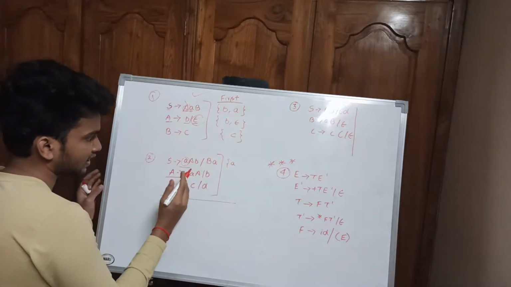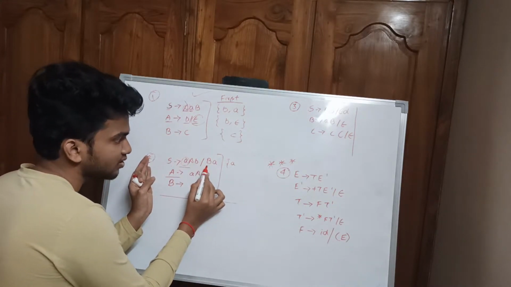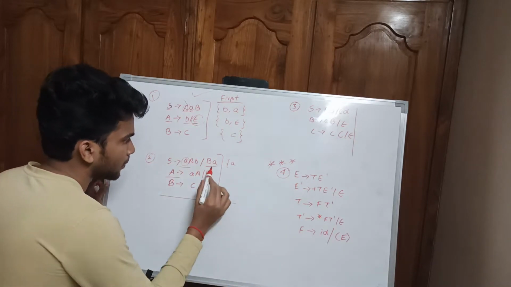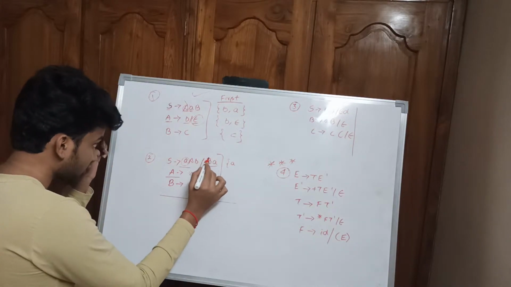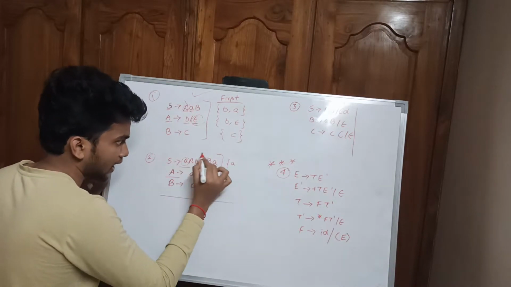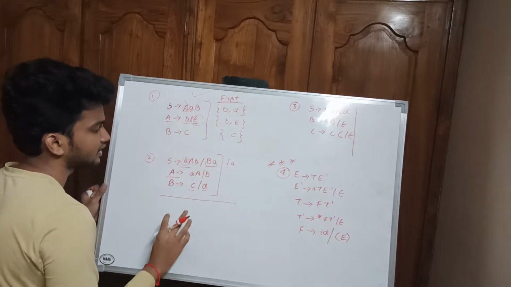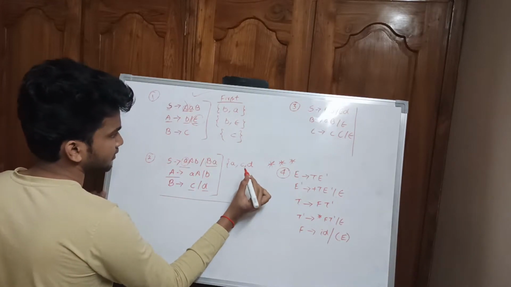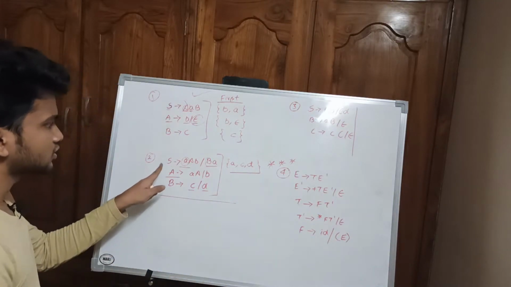Now again, if you see carefully, this S generates either this production or this production. So for this production we got a, that's over. But for this production, you see, we should calculate First of capital B, right? There is no small terminal, it is non-terminal. So we should calculate capital B's First, that is c or d. It can generate c or d. Okay, that's all. That is First of S.